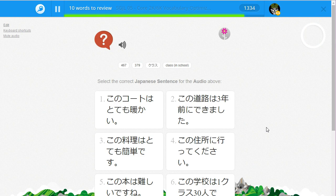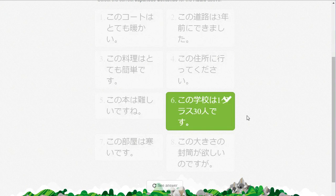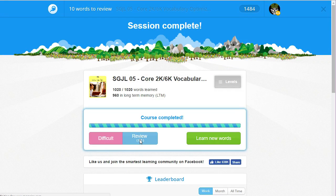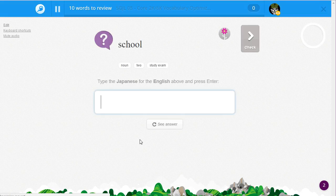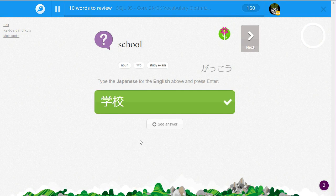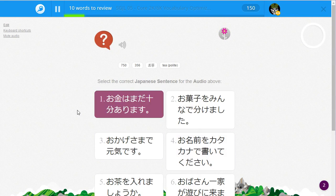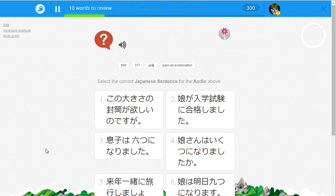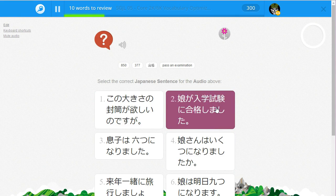この学校は一クラス30人です。That's a crowded class, or it could be an average class depending on the school. It's crowded if you're trying to legitimately teach some people languages. 学校。お茶を入れましょうか。娘が入学試験に合格しました。There's the 合格 again. So 入学試験、the entrance exam. 合格しました。